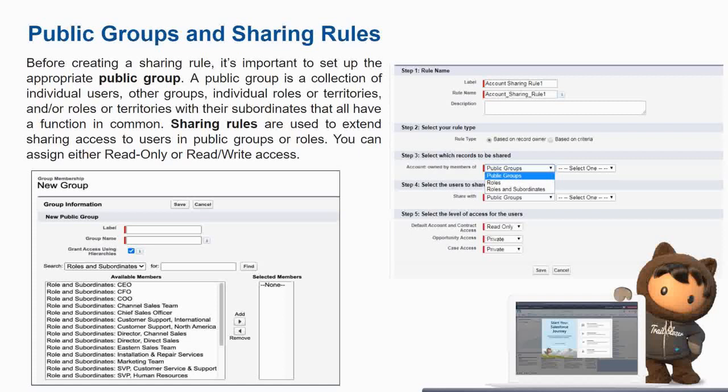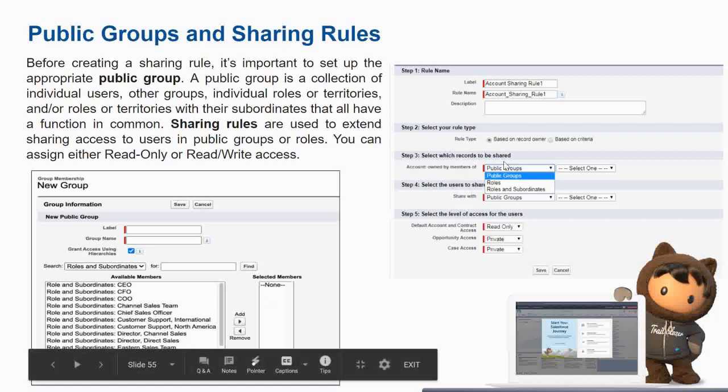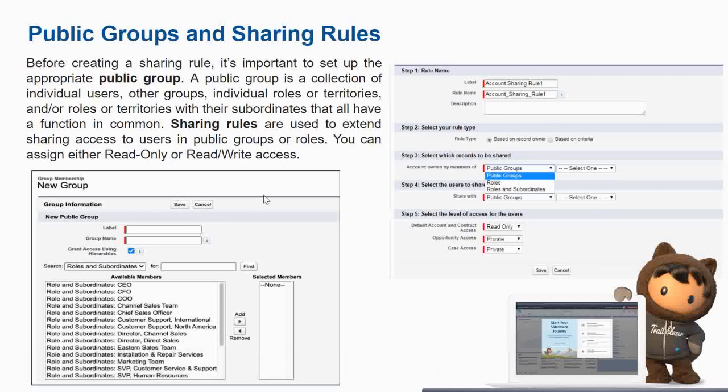After you have created that group, you can create a sharing rule to share those records or that object with that group. While creating a sharing rule, you can select the group you created earlier, and then share the permissions and whatever you want to share. So this is the sharing rule.